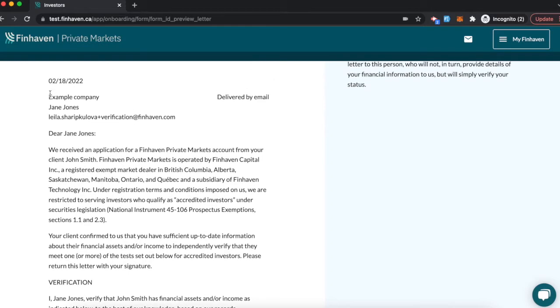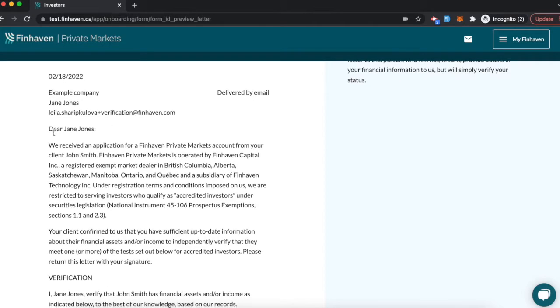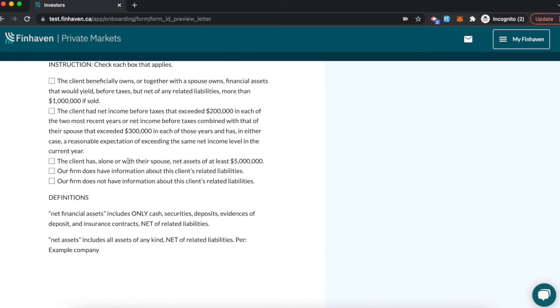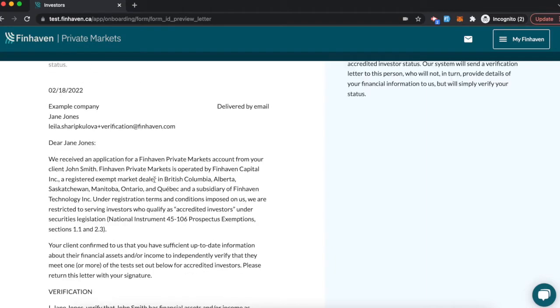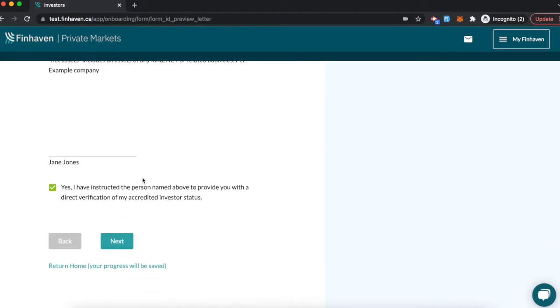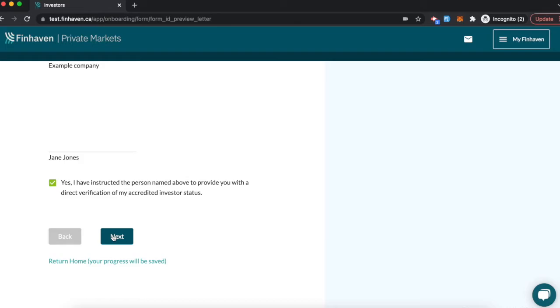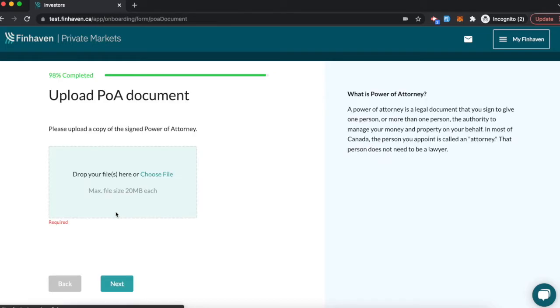It has the name of a company, name of a person, their email address, and the following text. And in the end, they will have to sign here and send it back. So we have to, again, check off the box. I have instructed the person named above to provide you with the direct verification of my accredited investor status. So I will click Next, and this will direct me to the next card, which is the last card that's